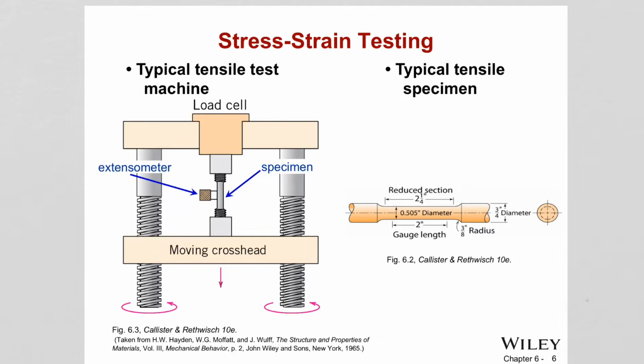We need a specimen, and the specimen needs to be prepared in this shape where there is a reduced cross section, and we measure a gauge length, where the deformation will be observed, and that specimen is fitted in the